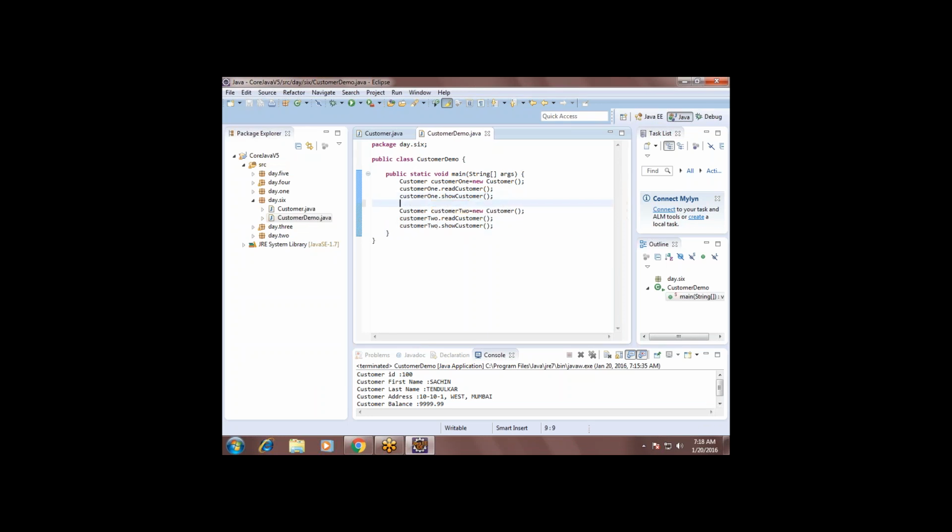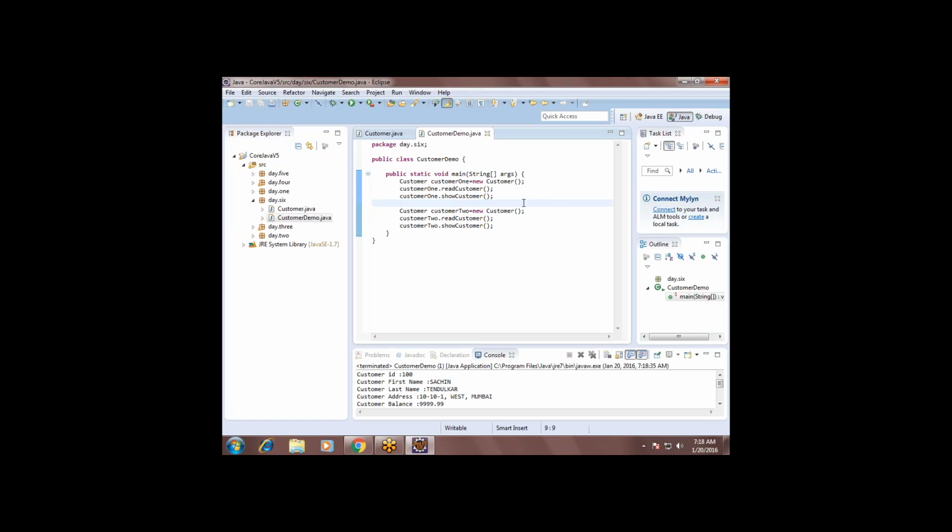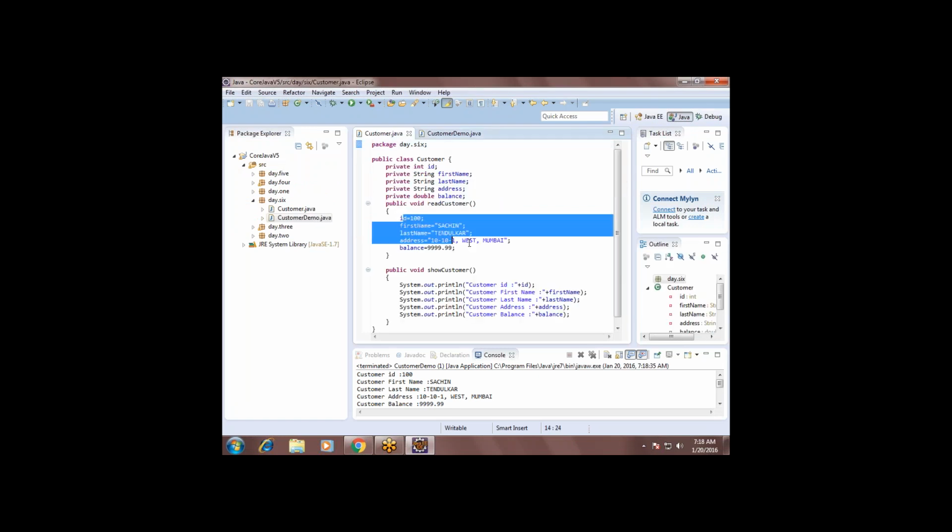Same output or any different output? Same output, right? Twice it will be repeated. Why? Because every object is calling the same method and this method gives only these particular values, right?